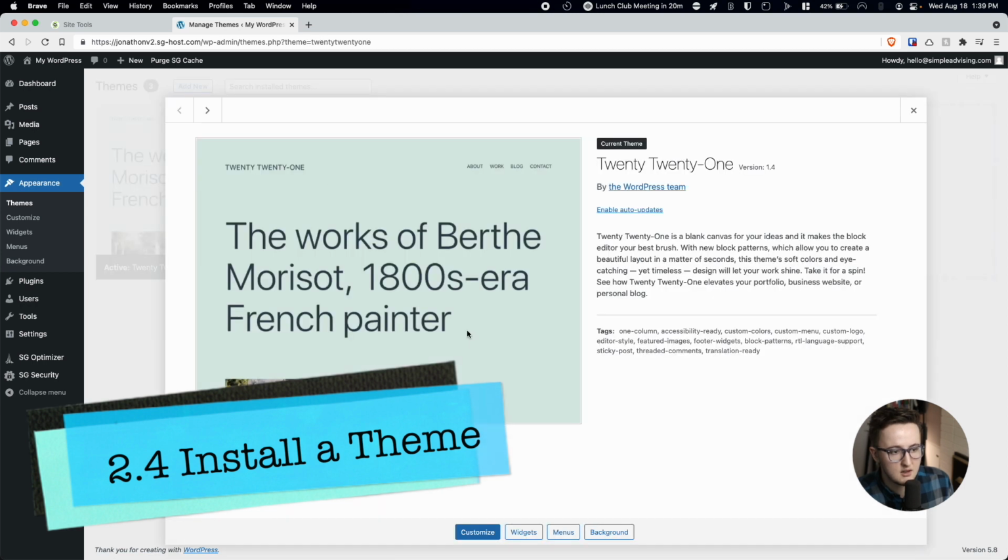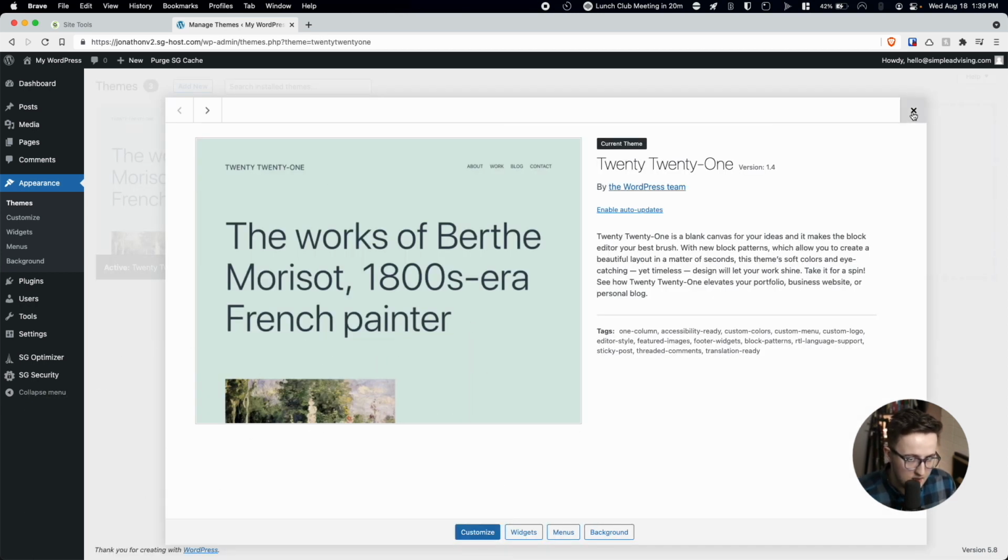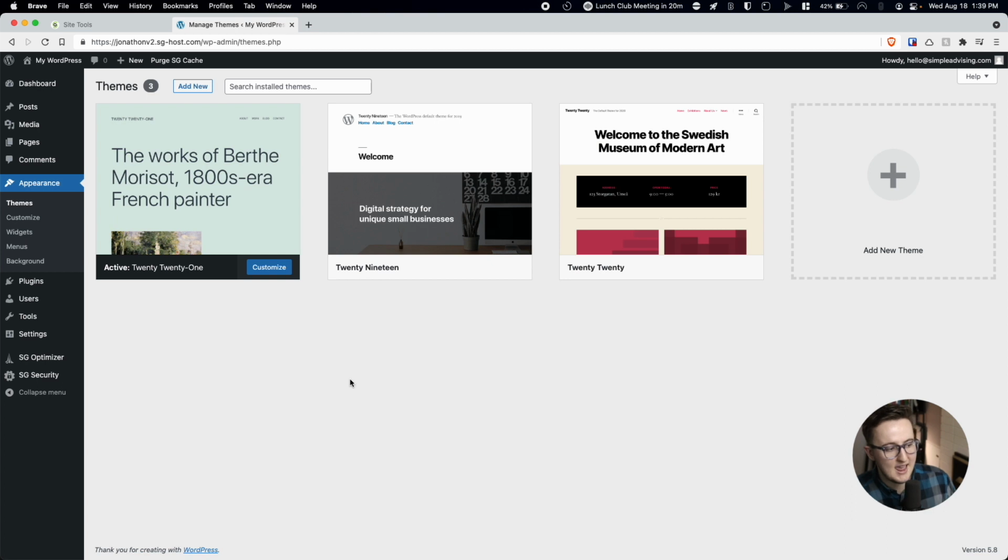It's kind of meh, don't like it. I want to change it to something else. This is where we start getting into paid tools. So the tool that I use, the theme that I use to actually run most of my websites and do